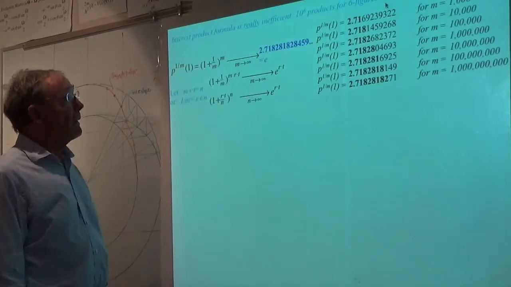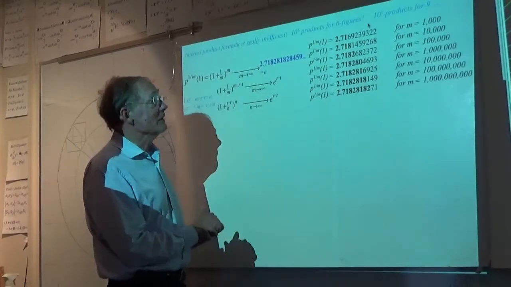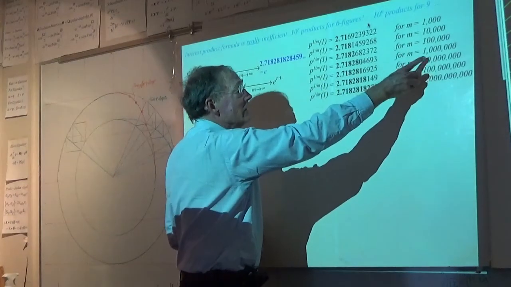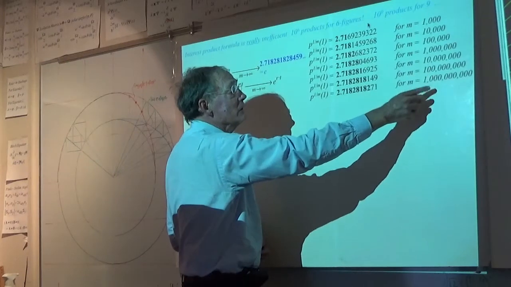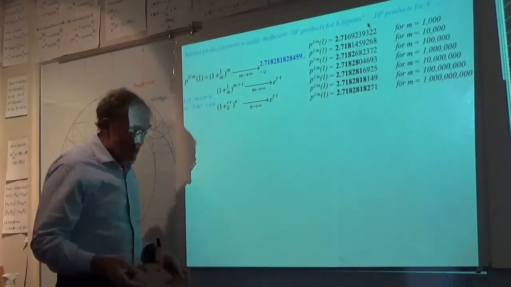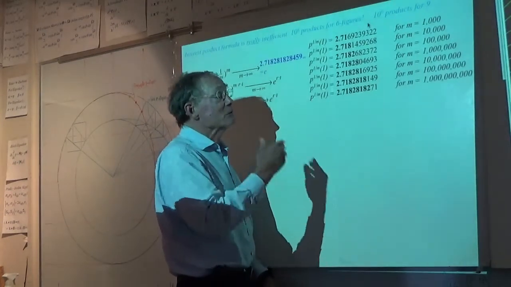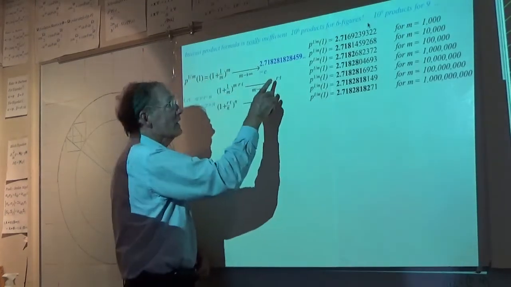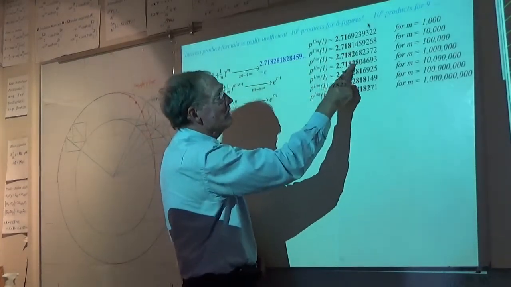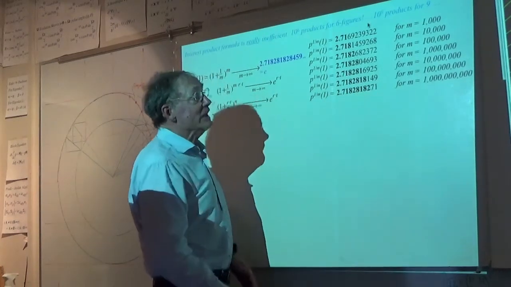Okay. Now, let's go ahead and just use some really large numbers here. Okay. M equal 1,000, 10,000, 100,000, 1,000,000, 10 million, 100 million, and so on, 1 billion times. If I'm going to, basically, in every fraction of a second or millisecond, recompute your interest and this product here, you see. And you can see how it's approaching. I'm writing here in bold numbers the value that we know of as E.